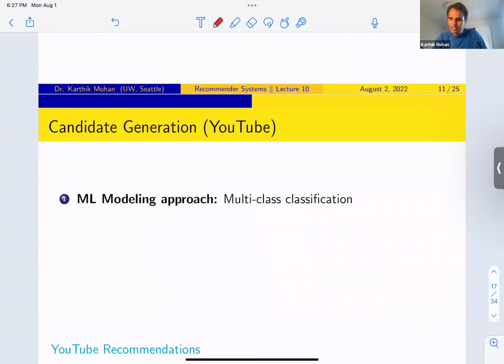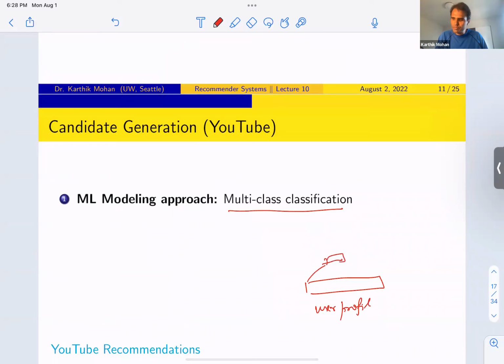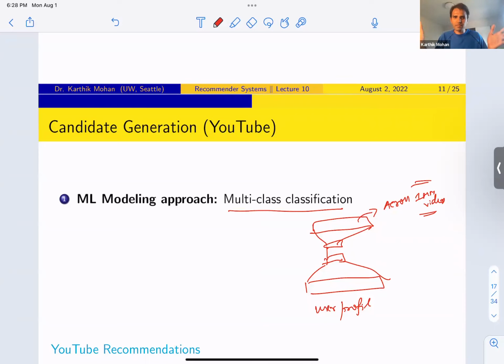So they modeled the problem as a multi-class classification, which means you have, let's say, a user profile, and then you go through some layers. And here you're actually going to predict across, let's say, 1 million videos. So it's a very extreme multi-class, which means you have an extreme number of